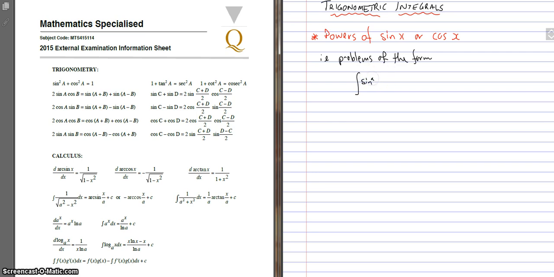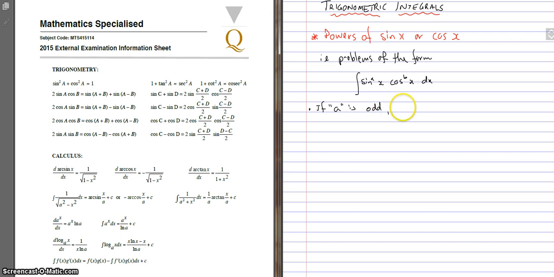sin x all to the power of a times cos x to the power of b. So the a and b here are powers, and we're looking at different options or situations given whatever these values of a and b are. So what we need to consider first is if a, that power of sine, is odd,